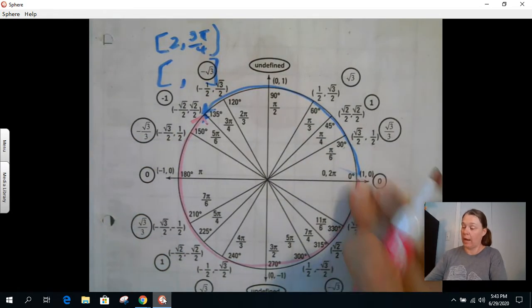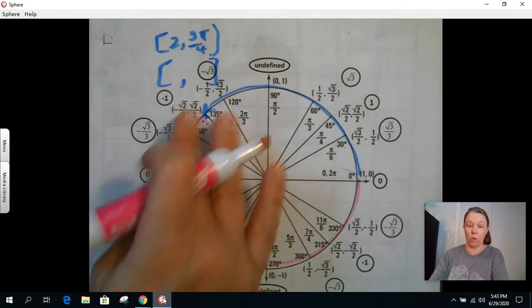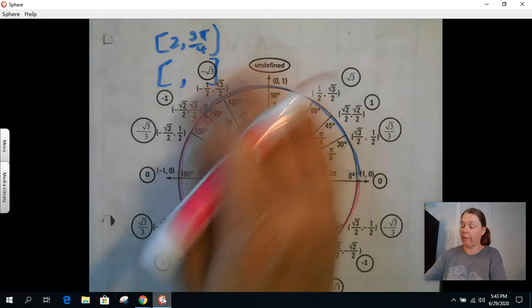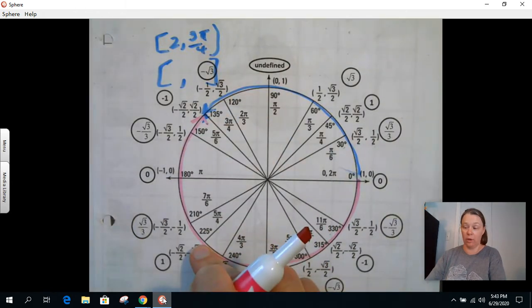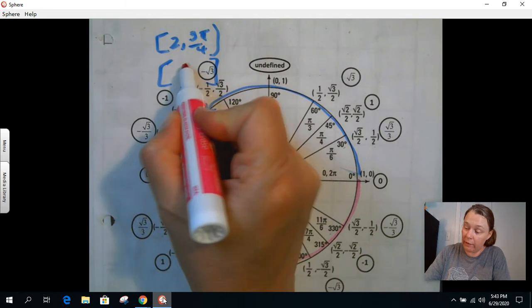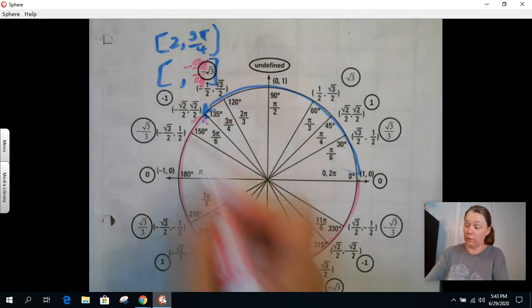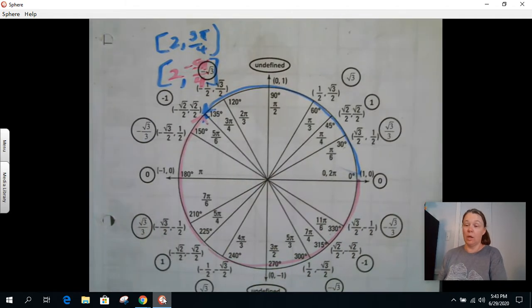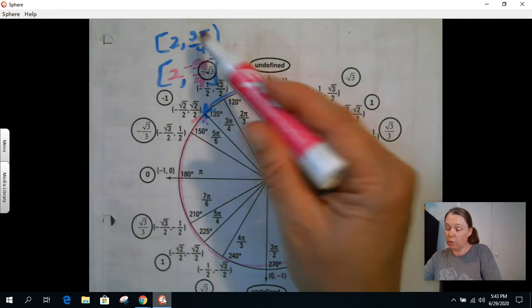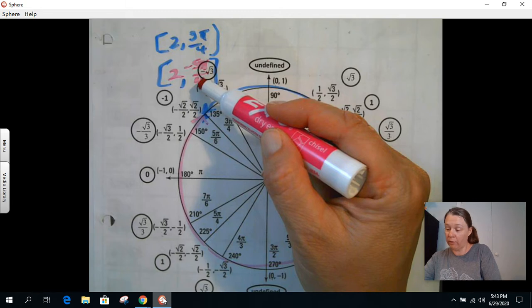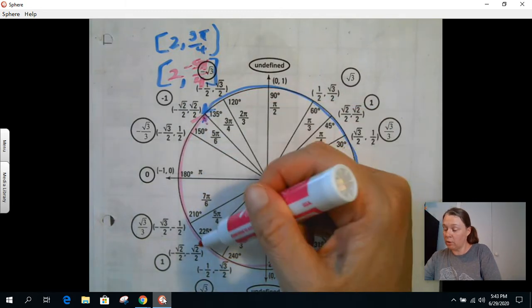So what's that angle? I went half and then I went up 1/4 pi. Normally when I go half and 1/4 pi, it lands me at 5 pi over 4. So if I went -5 pi over 4 and had a radius of 2, that would put me right here. Notice that the relationship between the 3 pi over 4 and the -5 pi over 4, they're always vertical